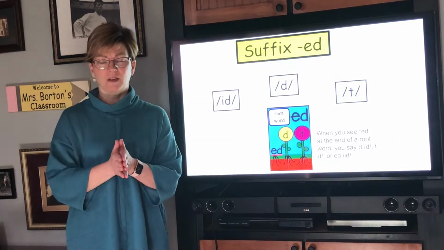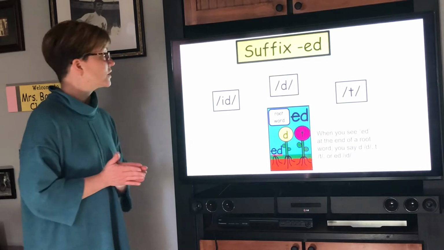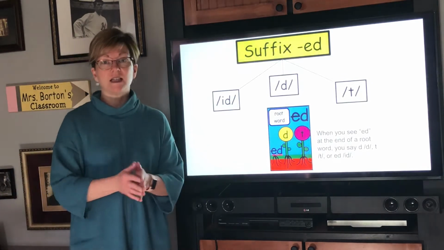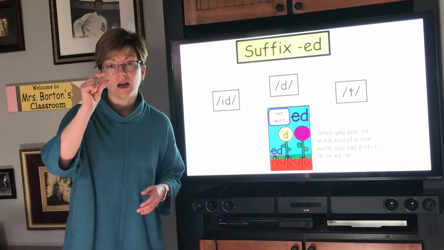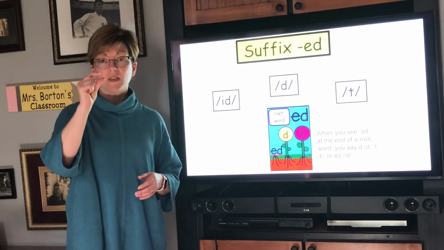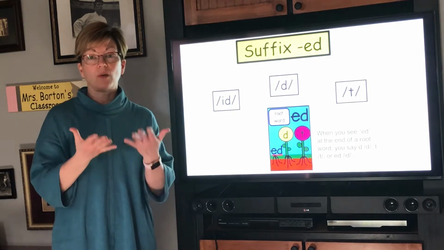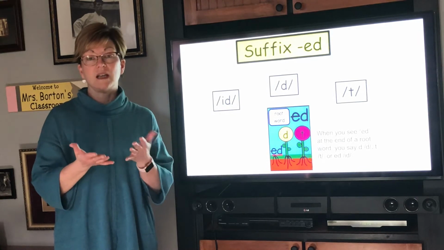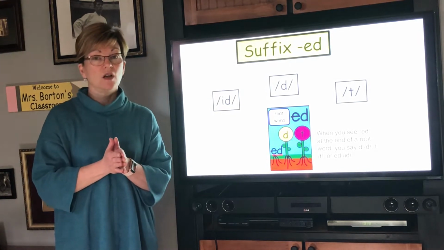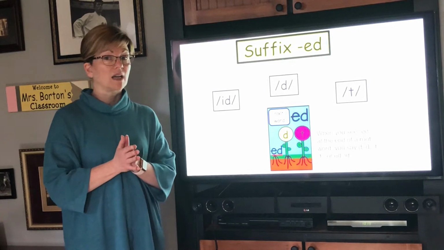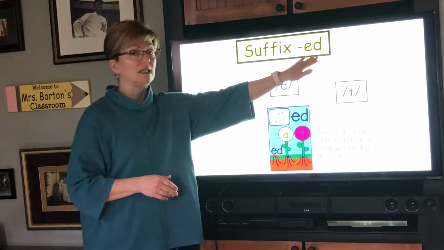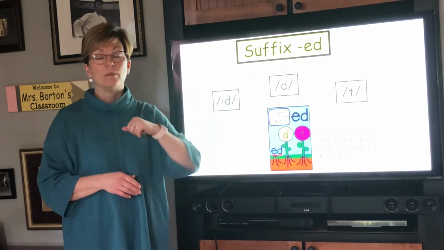We have our lesson for this week on a new concept called suffix -ed, and you're probably saying, what is a suffix? So we're going to talk about that first. A suffix is a little part that's added to a word, and because it's added to the word, it will help that word change its meaning. It gives meaning to the word. So our suffix this week is the -ed at the end of a base word or